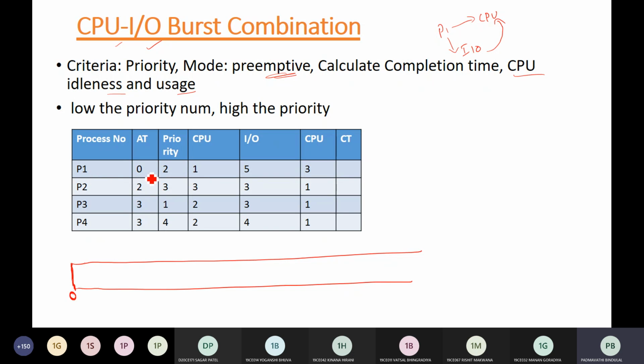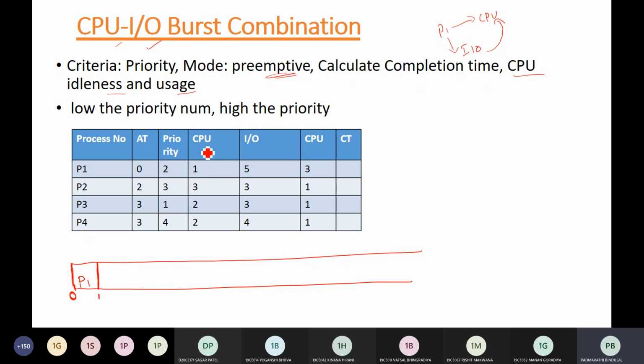So when you have only one process, there is no need to check other criteria like priority or whatever. एक ही process है तो there is no competition. So you are executing the P1 process and you are executing for one instant. Okay, so once you have executed for the first instant